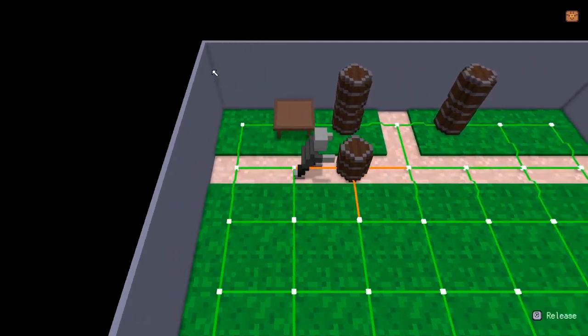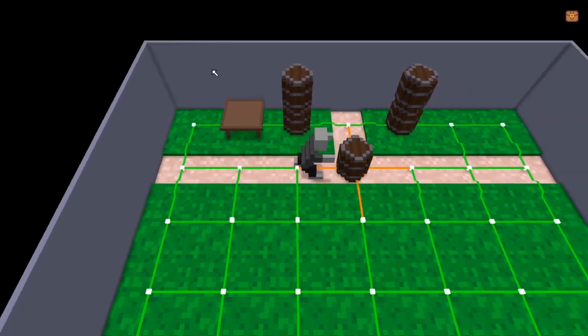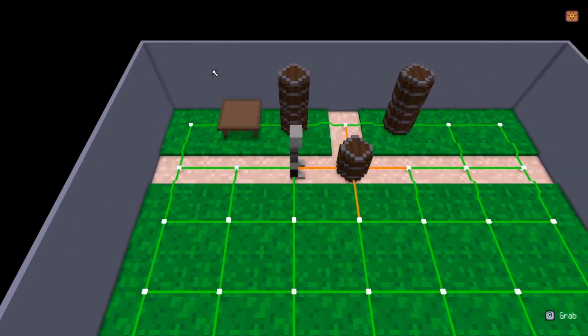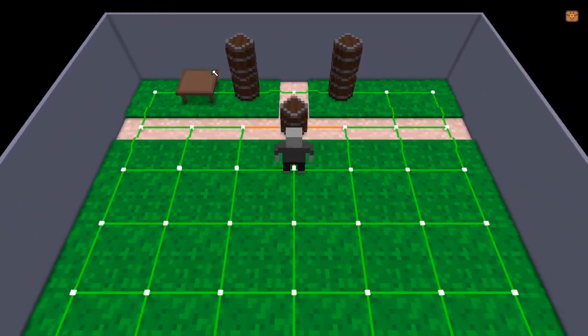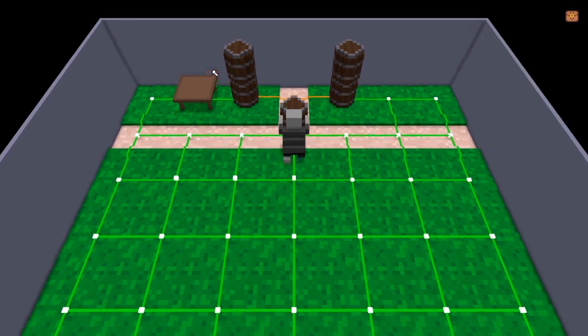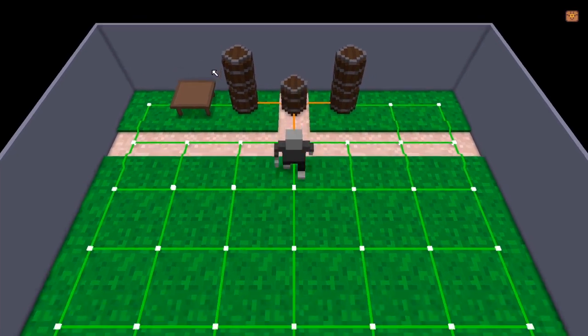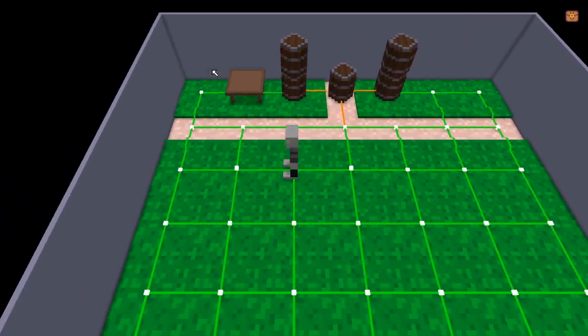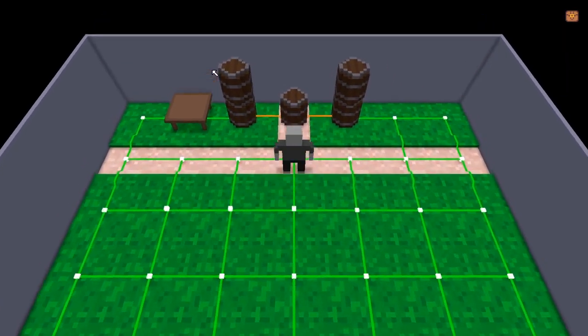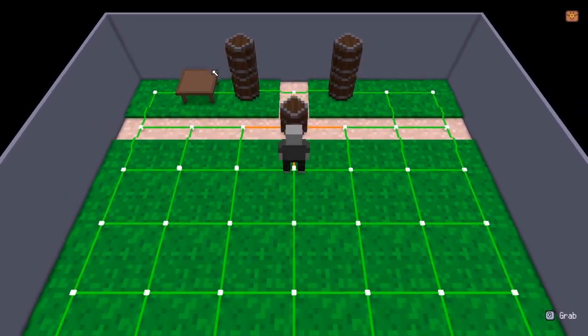We can push it this way, push it this way. Let's let go here. Let's grab it from this side. Can we pull it back? No, we can't, but we should be able to push it forward into place like that. Okay, and obviously we could have, let's grab it again. We could bring it back and we could pull it